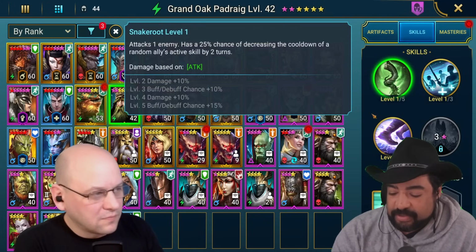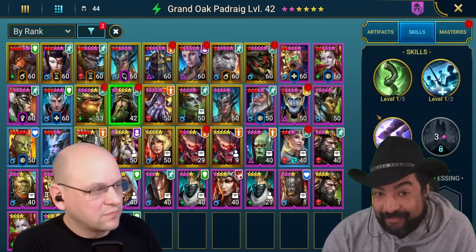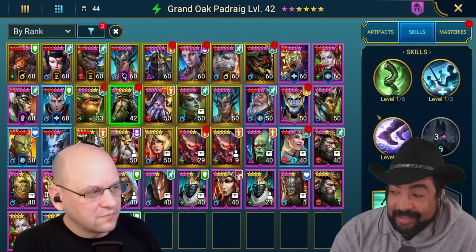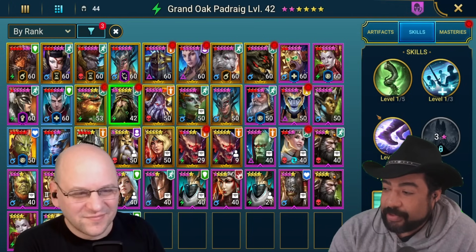A lot of times with these speed tunes, it's not just about when a buff is on you, but also when the buff falls off you, when it isn't on your champion. That can have a big impact. So somebody like Padraig, I love this champion, surprised more than I thought I ever would, but not really a